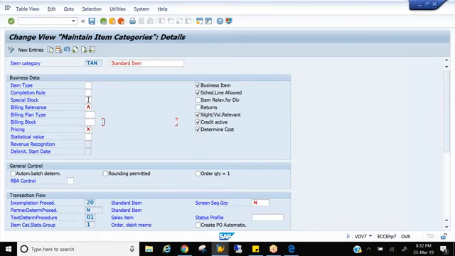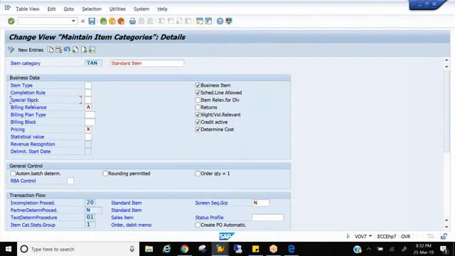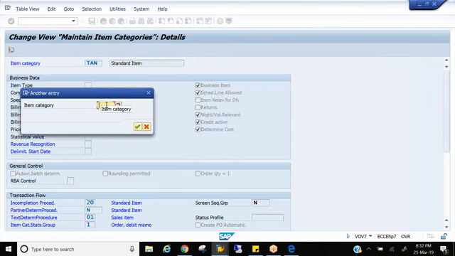Okay. Then next is special stock indicator. This special stock indicator is applicable only for 3 business processes. That is IPO, TAB.